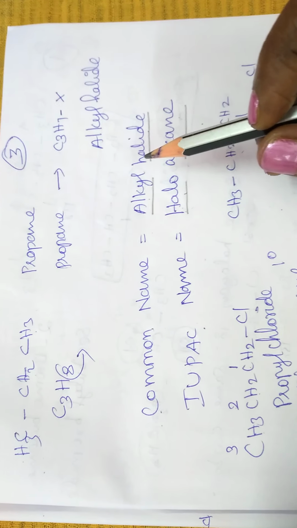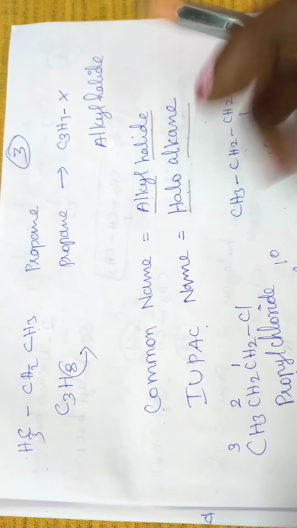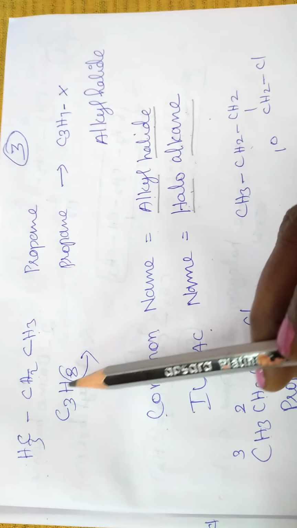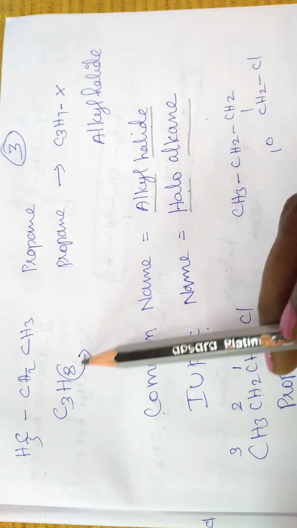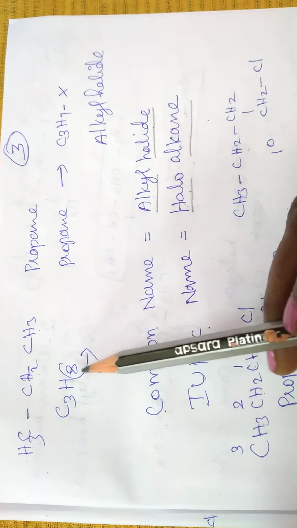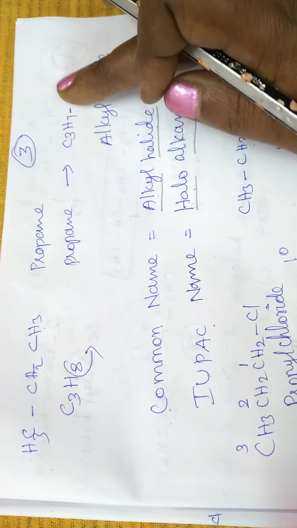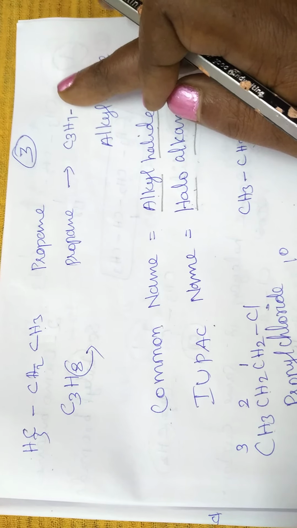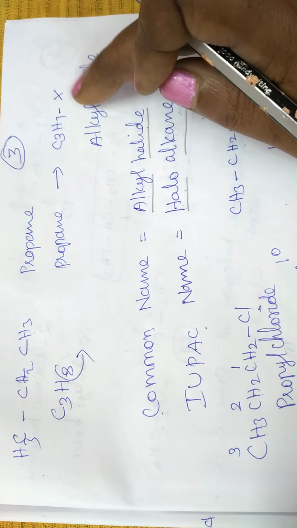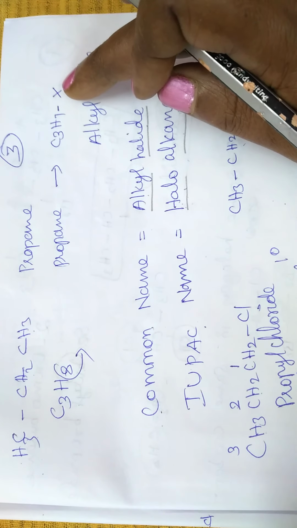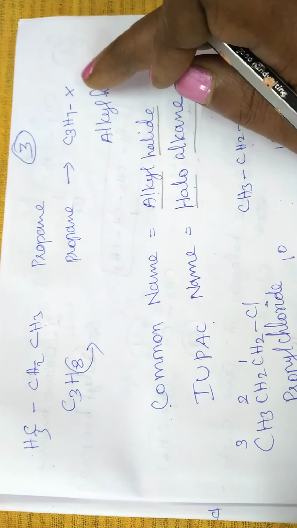Okay. So let me give the nomenclature. Why are we saying alkyl? You see now, let me take propane, C3H8. Here one of the hydrogens is removed. Instead of that hydrogen, we added a halogen. Without this, you see C3H7. That means it is an alkyl, propyl. So in this we are adding a halogen, so we are saying alkyl halide. That's a common name. Or we can say it is propyl halide.